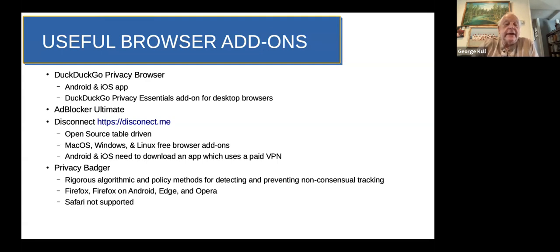And as I say here, again, Firefox, Edge, Android, Opera, almost all of the browsers are supported. Safari is not supported yet, but hopefully in the near future, it will. And just to give you a quick example of this,